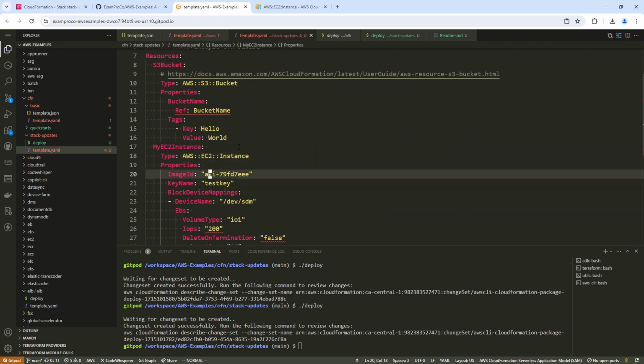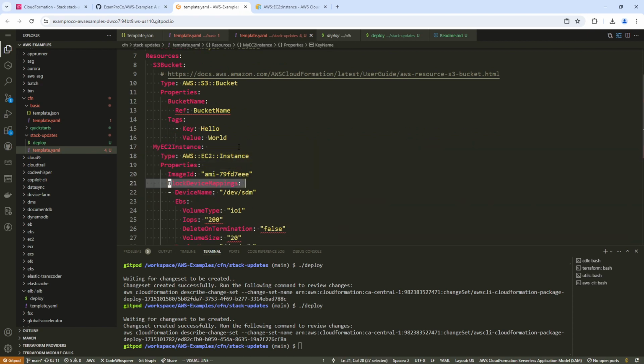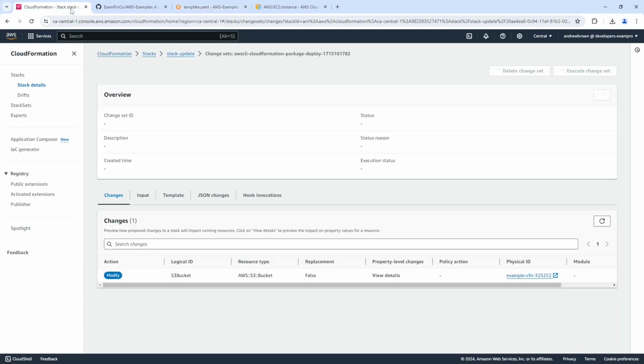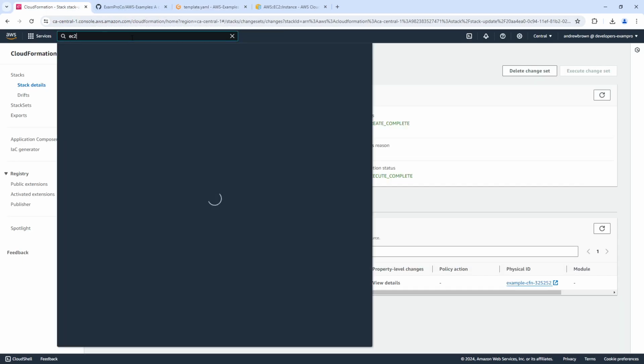So I'm going to change this out. I don't want the key name. I don't want any of the block device stuff. And all I'm going to do is put in the AMI. So if we go over to EC2 here,